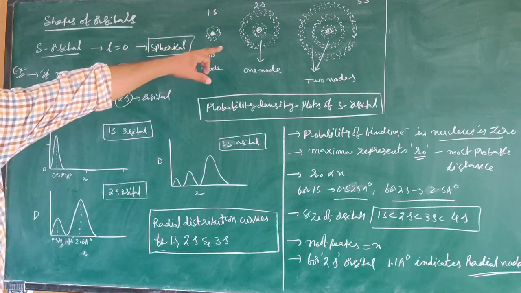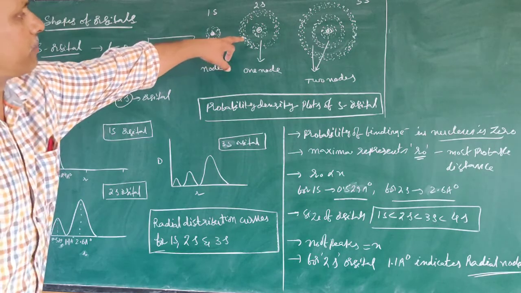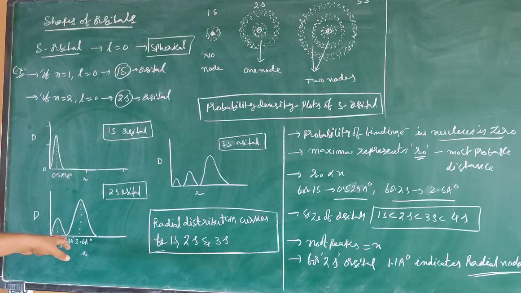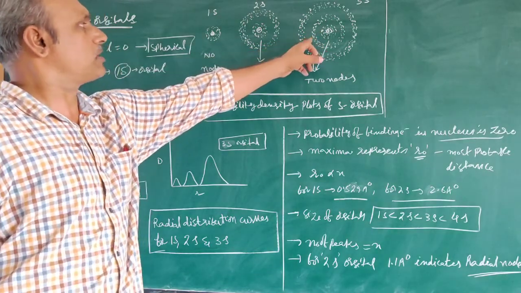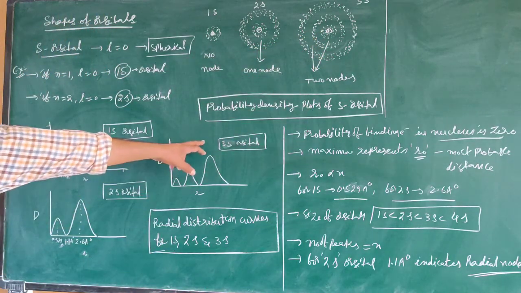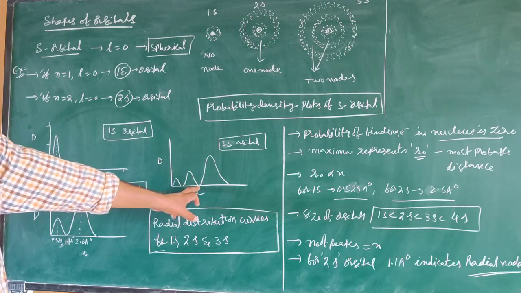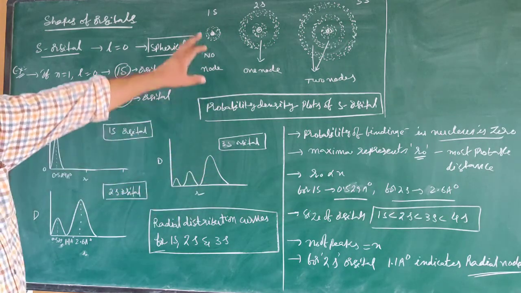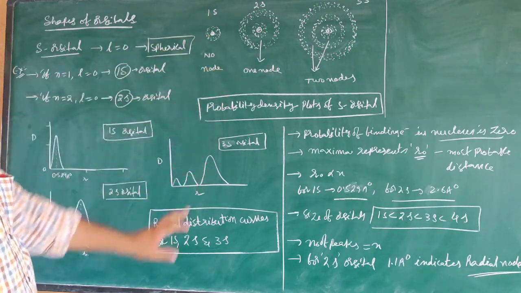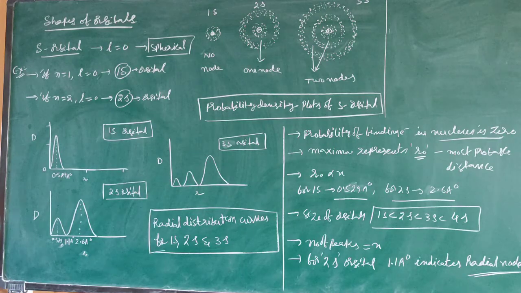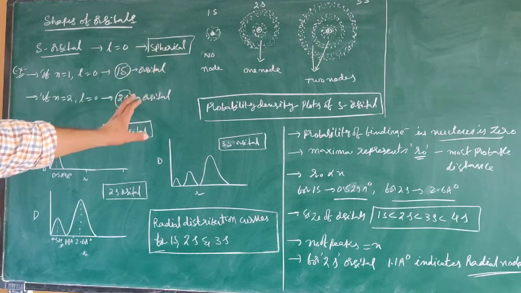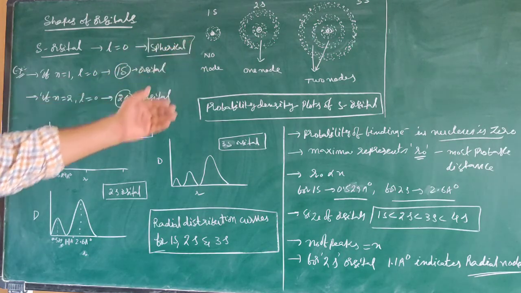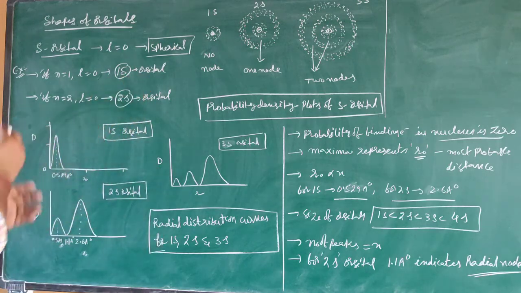If you consider the 2s orbital, the middle part represents one node. So in the 2s orbital, this represents one node. If we consider the 3s orbital, 2 nodes are present. This is one node, this is another node, the minimas. So if we compare these probability density plots with the radial distribution curves, we can easily identify the nodes or nodal regions in orbitals. We can identify where the maximum probability of the electron is and where the minimum probability of the electron is.